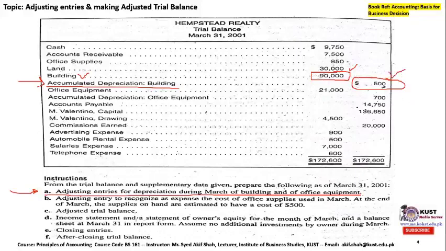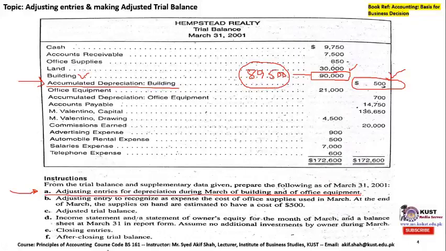Therefore, the remaining worth of this building is now $89,500. However, we have to follow the historical cost principle, so therefore we are recording it at the original cost, which is 90,000, but the actual worth after the completion of 1 or 2 months or whatever time period has lapsed is now